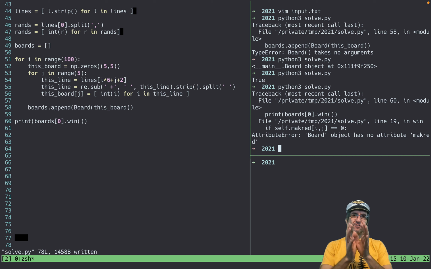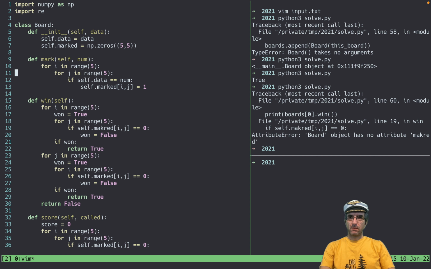I'm keeping all of this in the code, so you will see that. Marked. Okay, these are not good errors, but I will keep them.